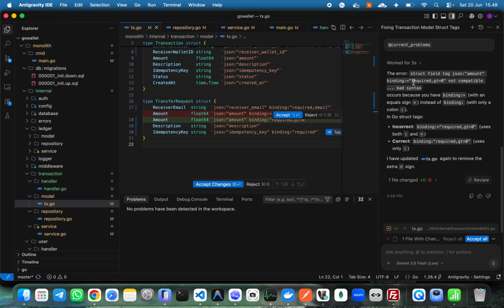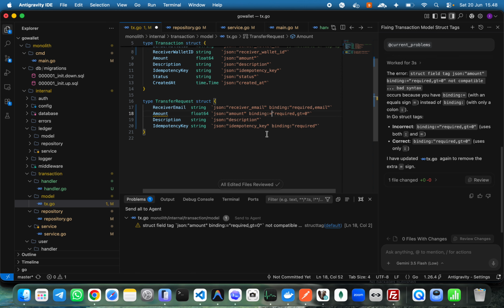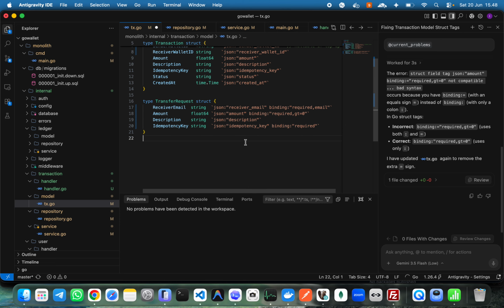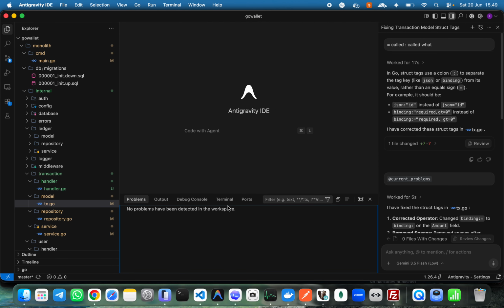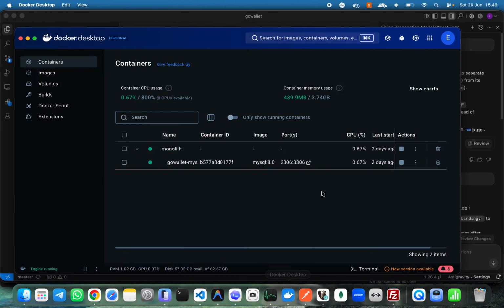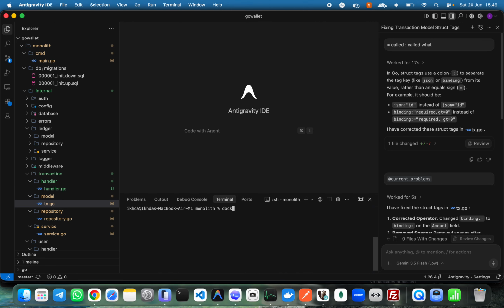Okay, this is the bad. Yeah, we have this one toggle. This is not good. Okay, yeah, sorry. So make sure that it's using colon, not the equal sign. Okay, I forgot for that, sorry. Okay, then we close first and we go to the terminal, which is docker compose admin. Is it already? Okay, wait, docker also already, so we go to go run cmd main.go,